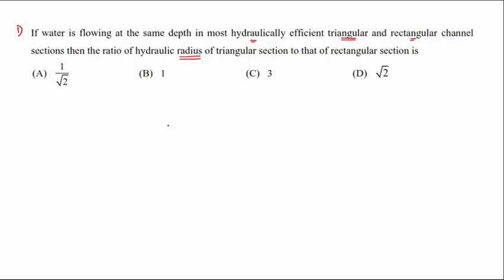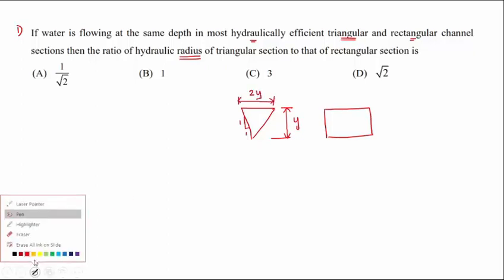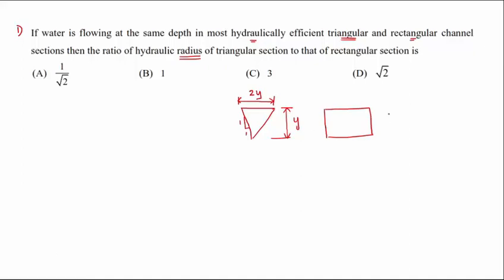ratio of hydraulic radius of triangular section to rectangular section is generally a triangular section. When we take a triangular section as well as a rectangular section, obviously the side slope will be 1 on to 1, or 1 horizontal to 1 vertical. This is the depth of the section denoted by y, and obviously the width will be how much for the triangular section? 2y. In the same way, when I talk about a rectangular section, again the depth of the rectangular section will be y,